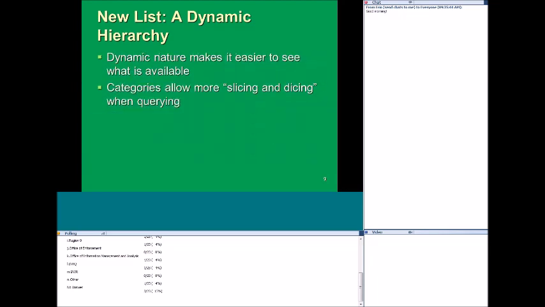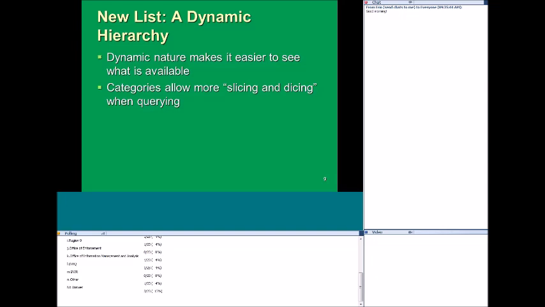We thought this was a good solution because the dynamic nature of the subsequent menus makes it easier to see what's available. And so if you're not sure that your first choice is correct, you can see what else is in that menu, those lower levels, to see if you're going in the right direction.